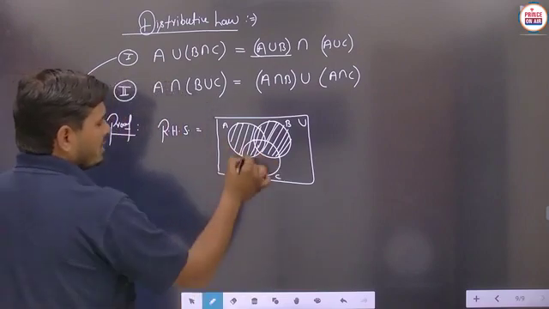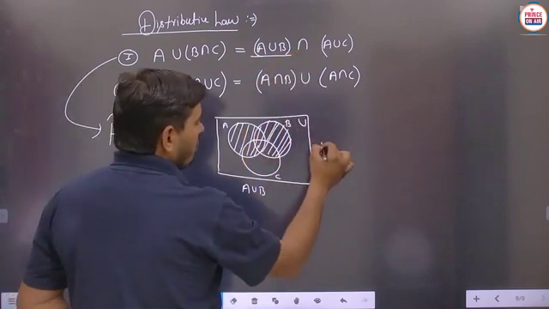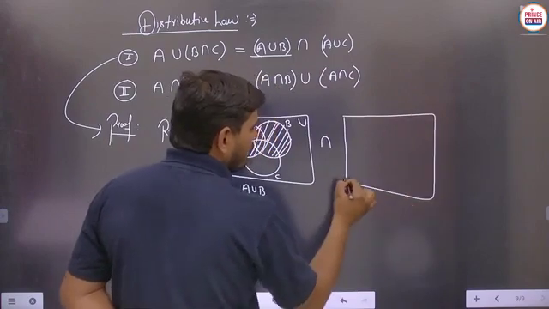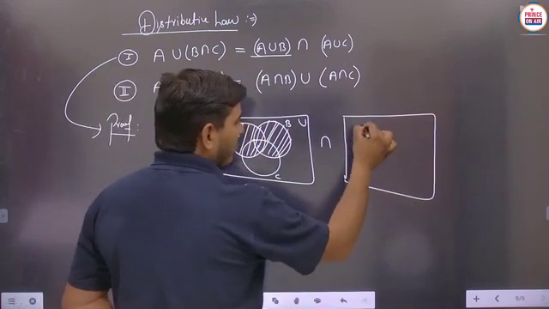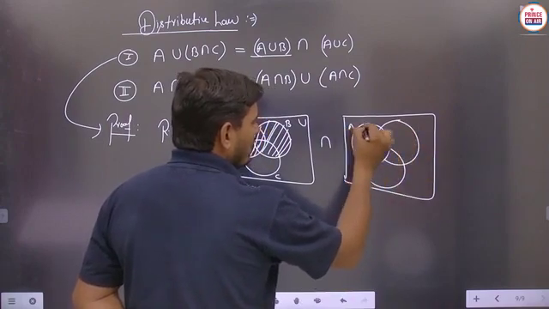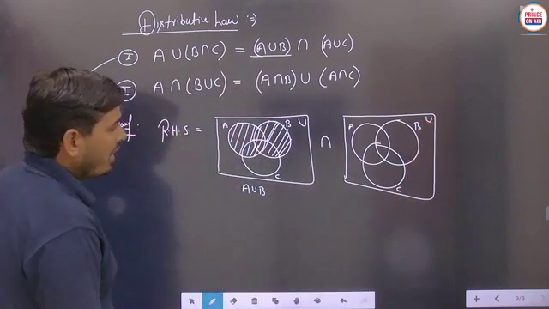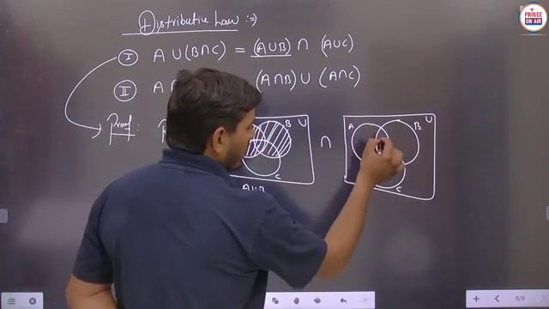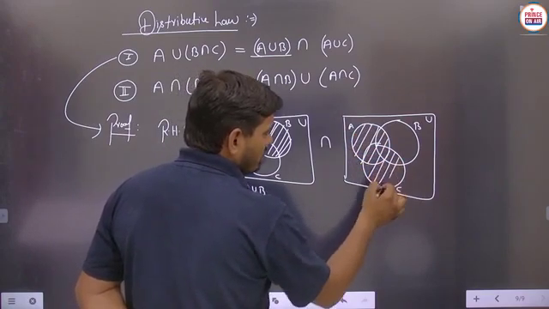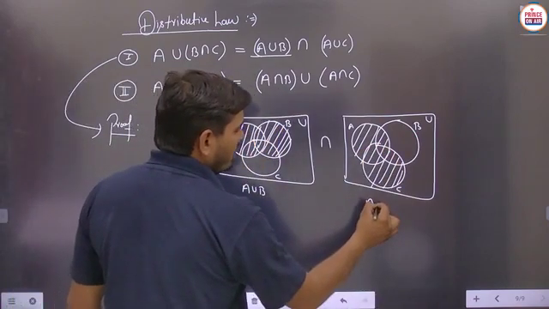So this will specify the A union B. Now intersection, so we have to use the intersection here. Now A union C, so again we have to draw the Venn diagram. In this case of the Venn diagram, again we have to make the three sets A, B, and C. So this is set A, this is set B, this is set C, and this is the universal set. So now A union C, so basically students, we have to include all the part of A and C, not B. Is it to be clear? So this will specify the A union C.